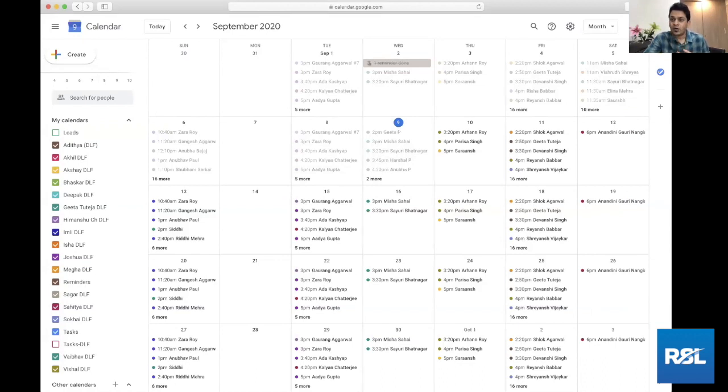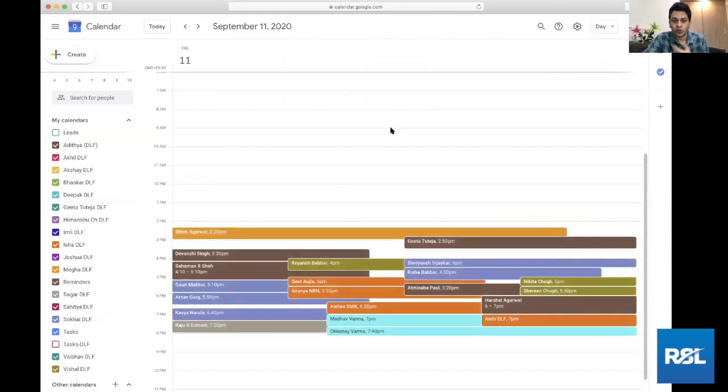This is what the calendar of one of my branches looks like. And on the left, you will see these are all the calendars of all the teachers who are teaching at my academy. There are multiple views available. I'm going to explain each of those views and the shortcuts and all of those things in detail. But this is what a day's schedule may look like.